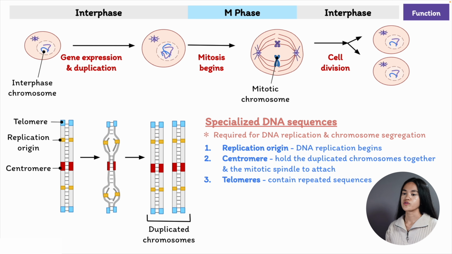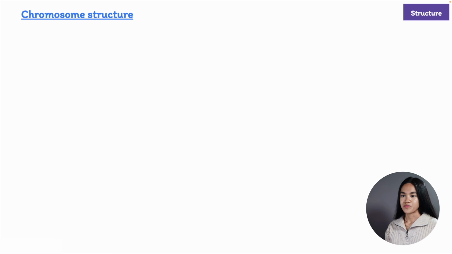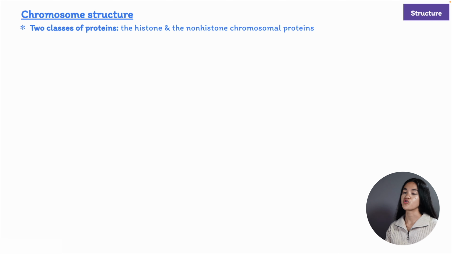And mitotic chromosomes are highly condensed, and this is caused by proteins that coil and fold the DNA into higher levels of organization. So let's break down how these specialized proteins make this possible. The proteins that bind to DNA to form chromosomes are divided into two classes, the histones and the non-histone chromosomal proteins. Both classes contribute about the same mass to a chromosome as DNA,